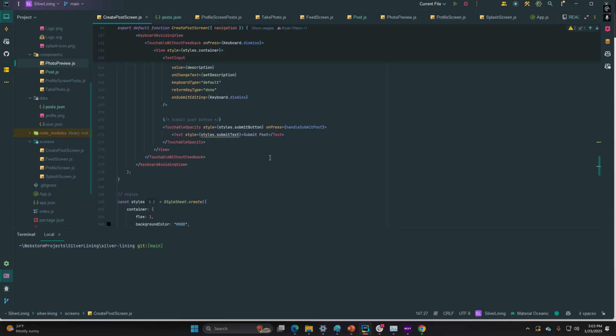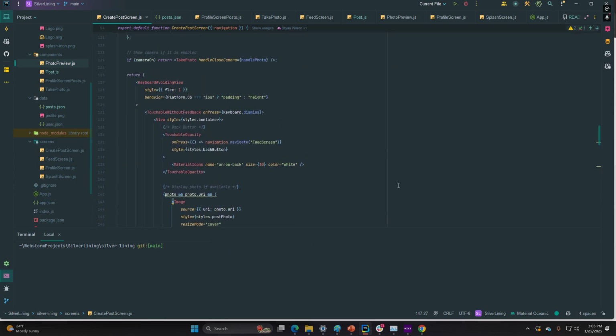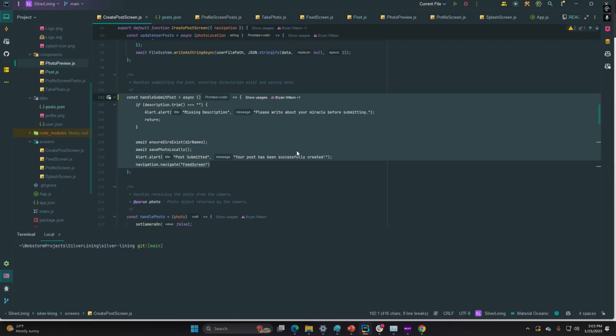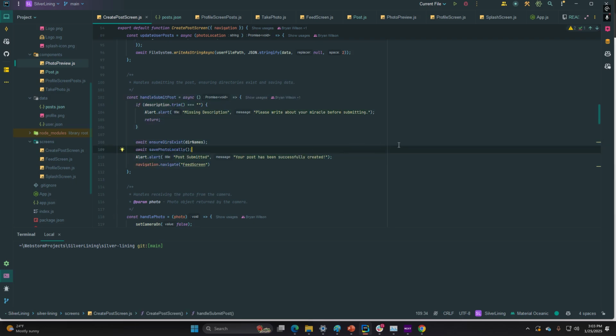And I'm trying to find it. When I submit it, there I have a function for that. Yes, handle submit post. If there's no description, we're not going to allow that to happen, but a user can submit a miracle without needing a photo, because you don't always need a photo for a miracle. Then once it's submitted, we're going to alert them that the post is submitted, and where we're going to see